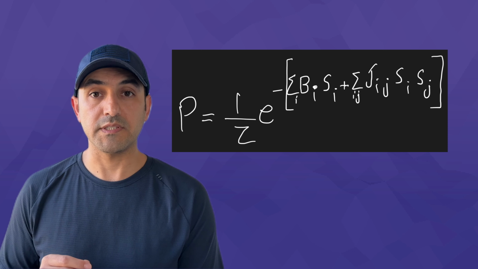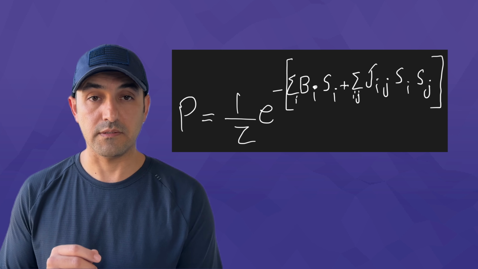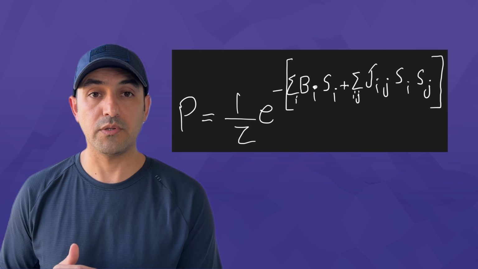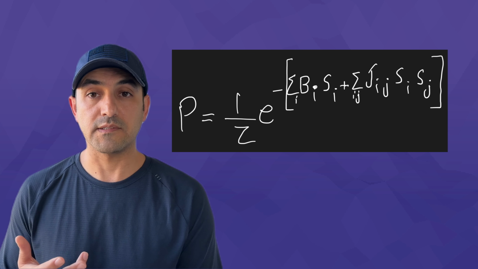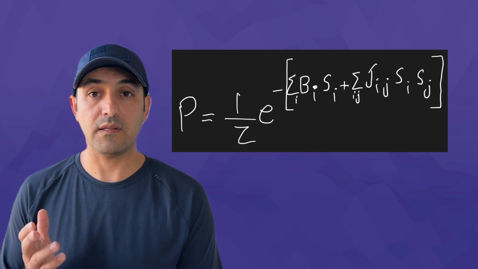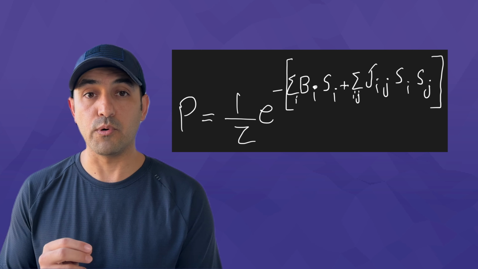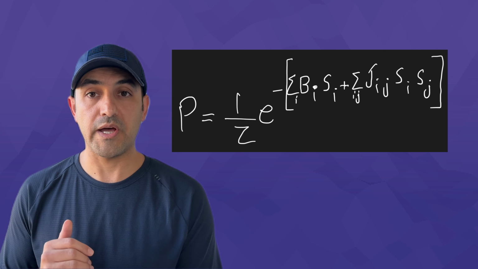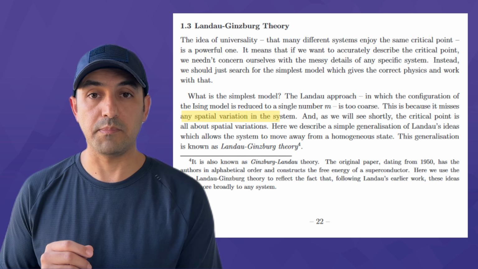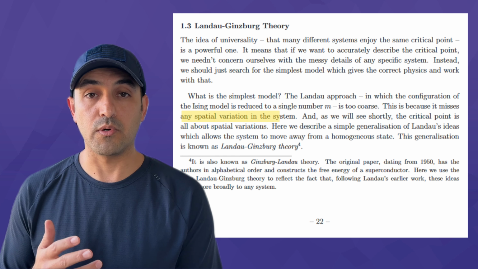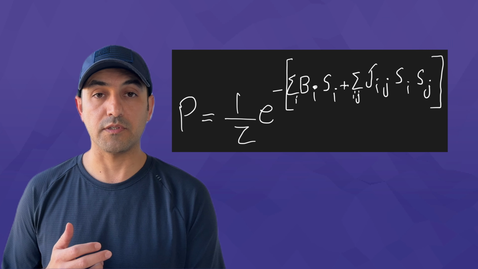If we look closely, we see that B and J in the probability distribution of deep neural networks have indices. But in the version of the Ising model that we discussed earlier in the video, all the components of B and J were the same. And for that reason, we had taken them all out of the sum. But that was just a toy model that the book had started with. If we scroll down the pages of that same book, it mentions that we have to take the spatial dependence of terms into account to be more realistic. Now, why do the i and j indices refer to spatial positions of spins?